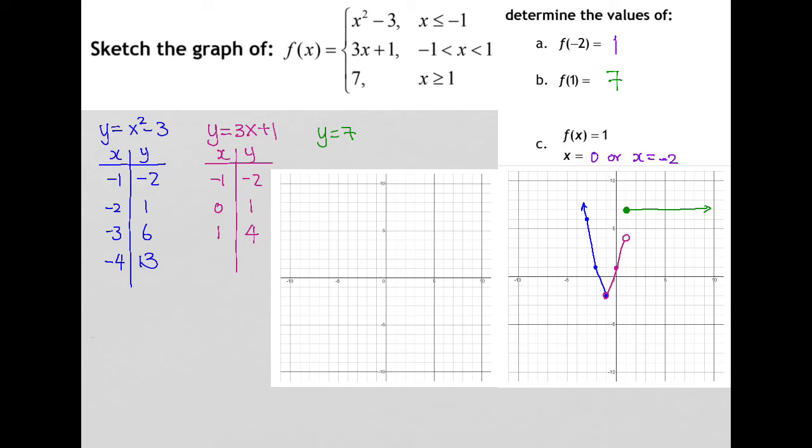Now, let's try a different way to graph this piecewise function. So the first thing is, we're going to look at the first piece again, which is a parabola. On this parabola, we know the vertex will be at 0 and negative 3. So 0 and negative 3, that's my vertex. And I am going to graph the entire parabola first. And it will be that and that. That. And after I have the entire parabola,